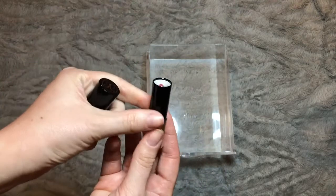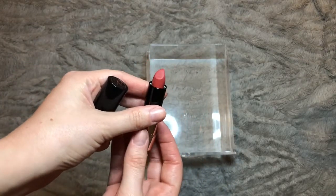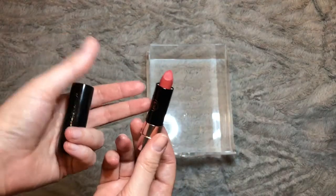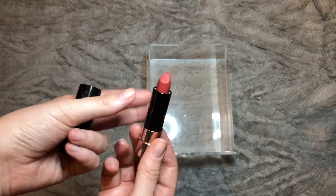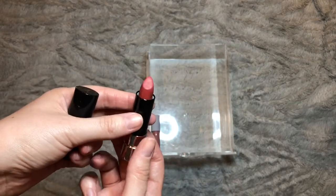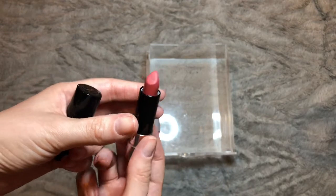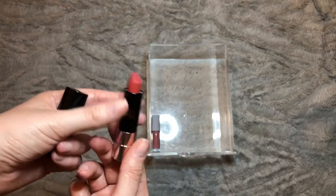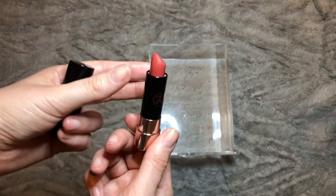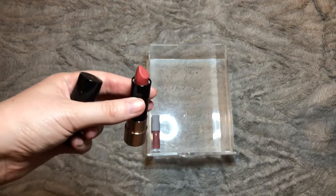I don't like this lipstick at all. It's a nice shade. It's a bit darker than what I would normally wear, but it just drags terribly trying to apply it. It takes 10 times longer to apply this than it does any other bullet lipstick that I own, because it does just drag. And even though it's got quite a precise point on it, I just can't seem to get it right when applying it. Maybe I need to try it with a lip liner, I don't know, but I don't like this at all. I'm glad I didn't pay full price, but because it is a high-end one, I will keep it